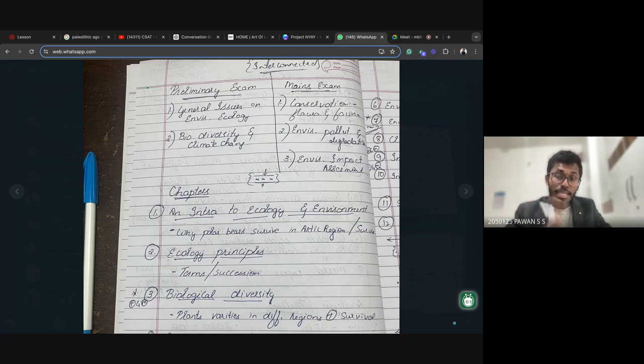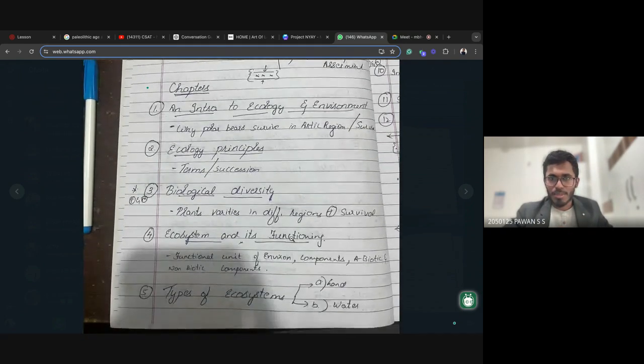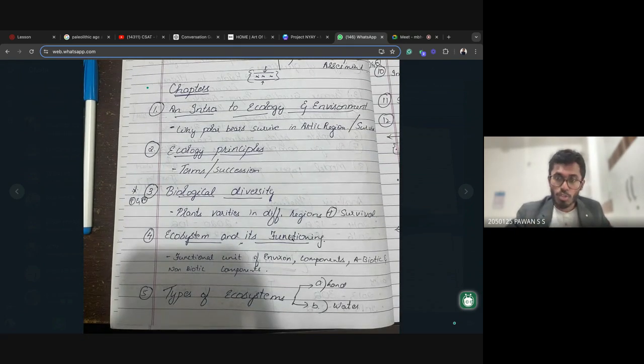And the third thing is about EIA, environment impact assessment. For example, any scheme which is coming into effect, what is its impact? Or, for example, what are the impacts of certain aspects like global warming, climate change? Everything will be covered. So don't worry. My notes are going to be like a guide, a reference for you. Just take a screenshot of the notes, or if you're able to write it down in a book, that would be good enough.